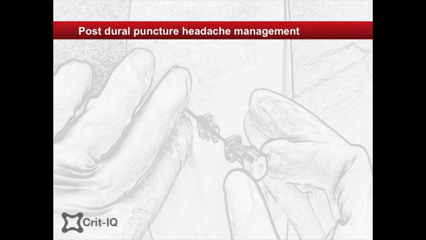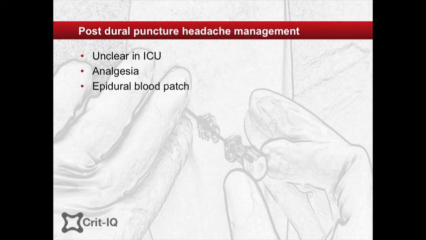The management of post-dural puncture headache has not been elucidated in intensive care patients. However, in the anaesthesia population, initially conservative management with simple analgesia is advocated. If this fails, epidural blood patch may be applied on 1 or 2 occasions if necessary, usually with satisfactory results. Blood patch is thought to work by a combination of volume replacement tamponading the ongoing CSF leak, and secondly, sealing of the hole from the blood clot.